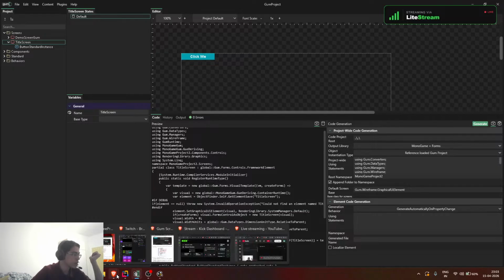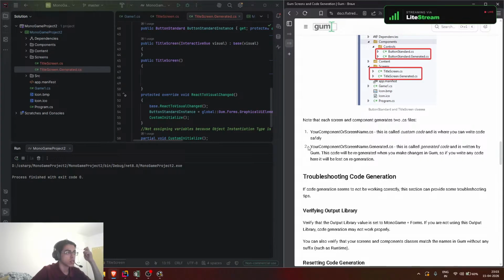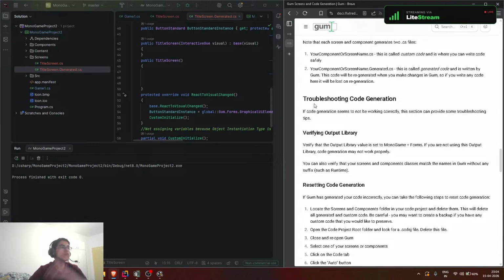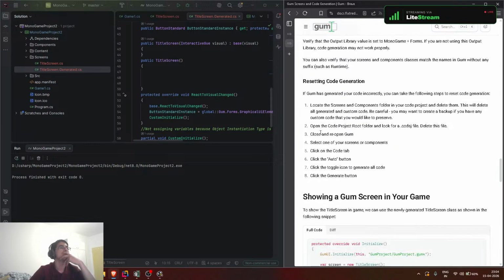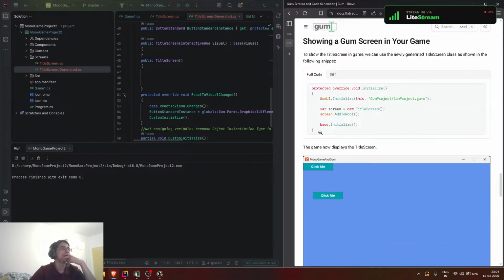What do we need to do next? Let's see. This is called custom code and is where you can write code safely as the generated code, and this is the generator. Okay, troubleshooting, resetting. The following snippet. Okay, so all we need to do now is